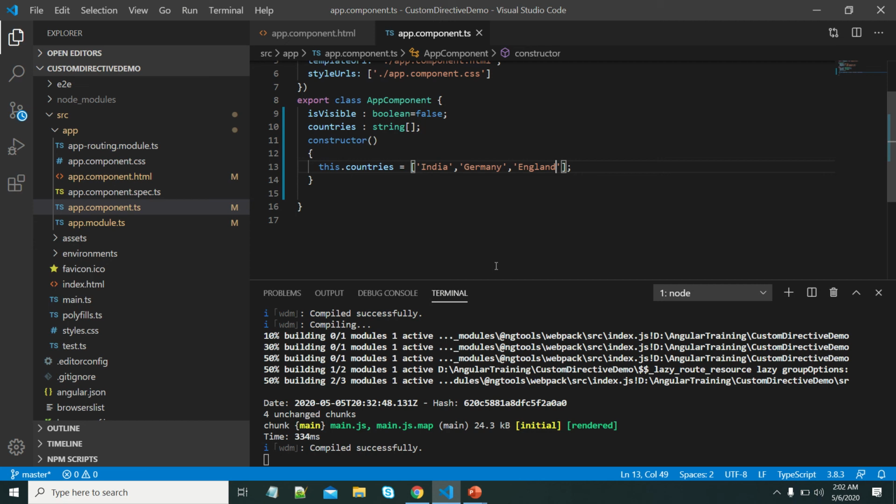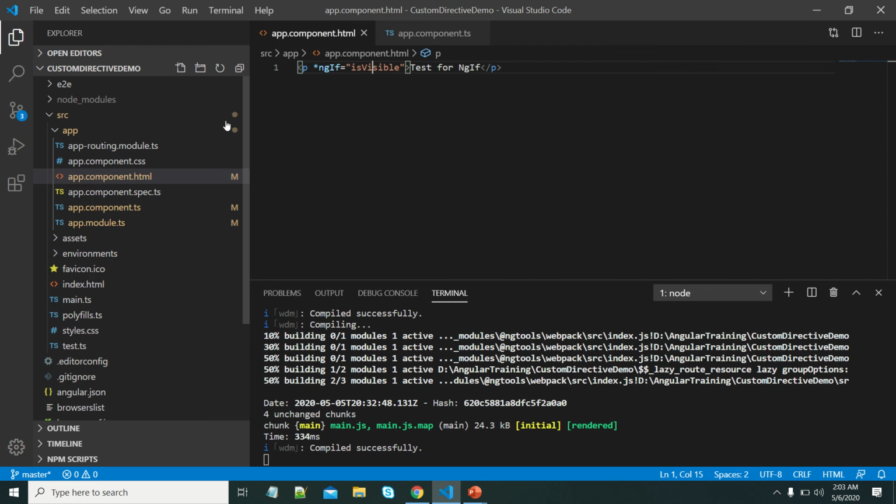Suppose these values I want to display in HTML. Generally, in the practical case, we will get these values from the server or a service. These values we will assign to countries, and those values we need to display on the template. Let me use the p tag only to display each country value.